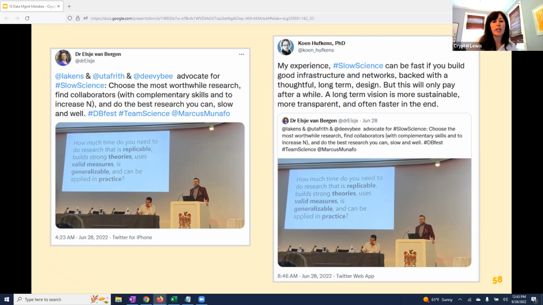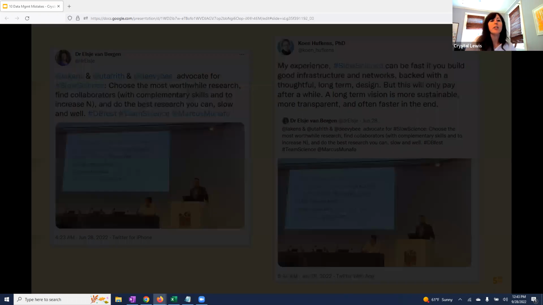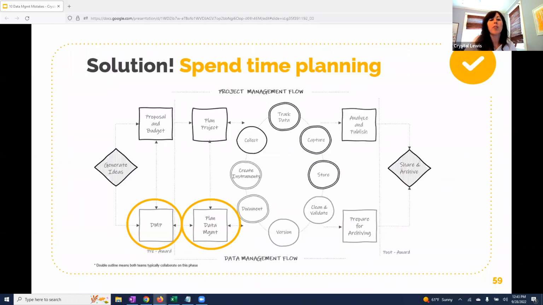If you spend a good amount of time upfront planning and organizing your data management processes, you can actually spend less time on data management during your project because it just starts to work like this well-oiled machine. So the solution here is to put in all the hard work at the beginning in the planning phases, and ultimately it makes everything run smoother later on.